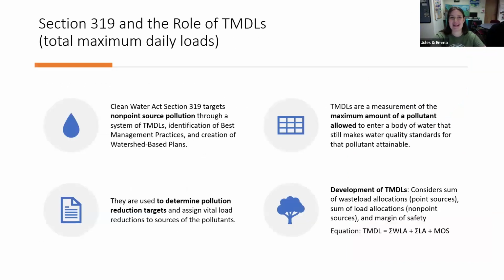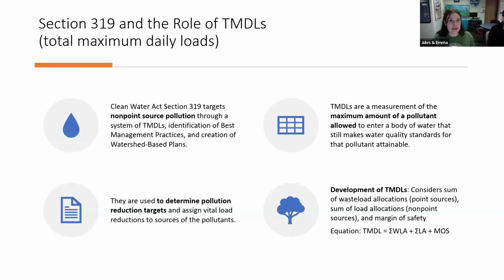Okay, so yes, I'm ready to move forward. The last section of the Clean Water Act that we interact with is section 319. As I mentioned before, it creates assessments for non-point source pollution for the state. That's where total maximum daily loads come into place. Total maximum daily loads, which is a handful to say some of the time, so we also call them TMDLs, are basically the pollution diet, or the maximum amount of a pollutant allowed in a water for it still to be supporting what it needs to be.